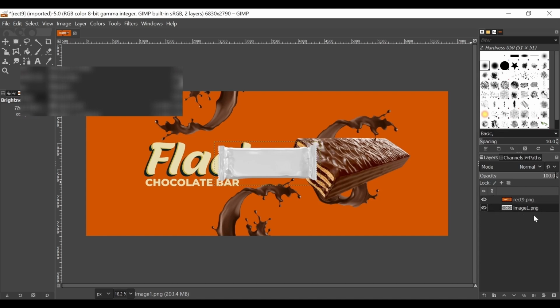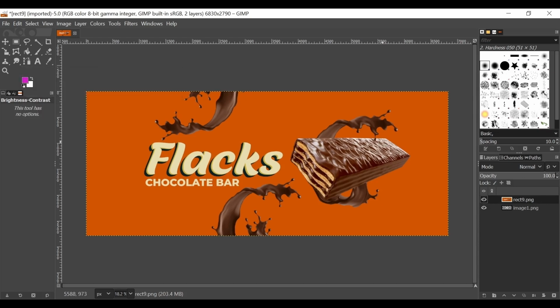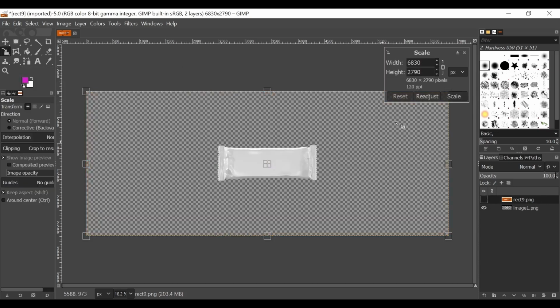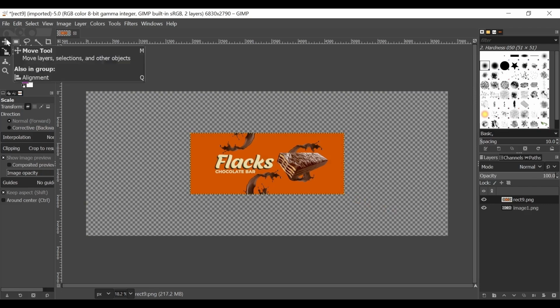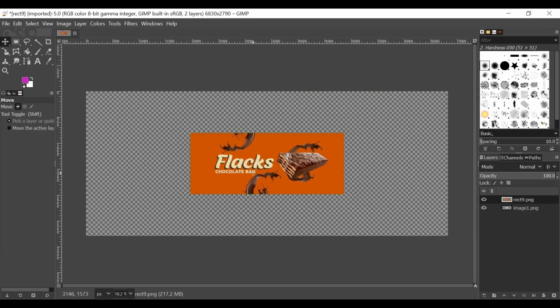I want this mockup asset to be at the bottom. I'll come back over to this other layer where I have this original design of mine. I'll press Shift and S on the keyboard and I will scale this image. I'll hold Ctrl and Alt on the keyboard and click on one of these corners and I will just drag them in about that much, and I'll click on Scale and I'll click right here to go back to the Move tool